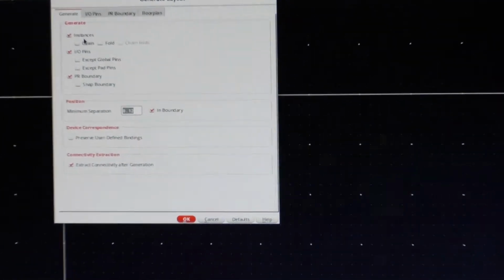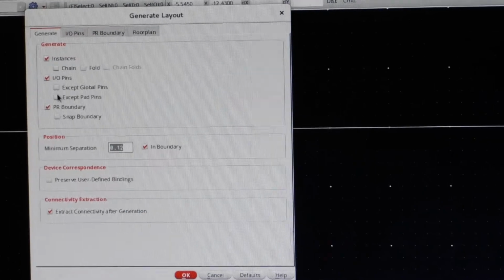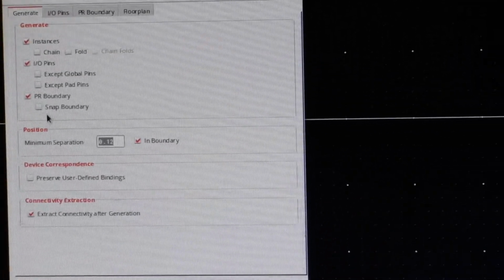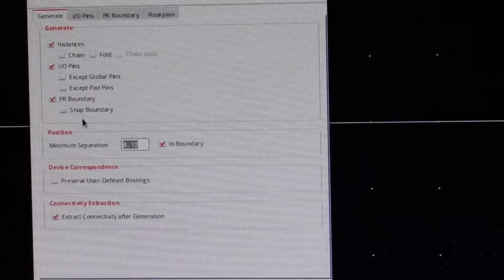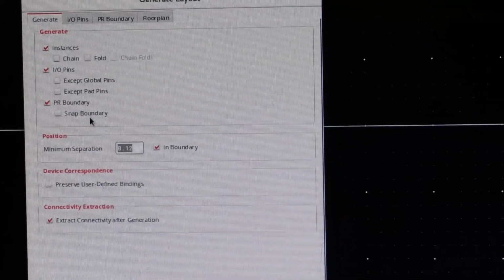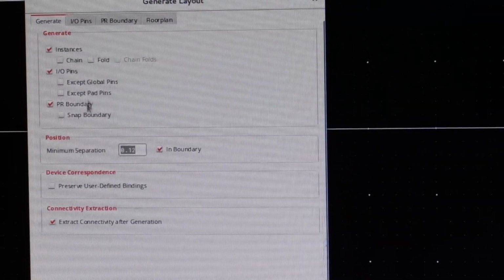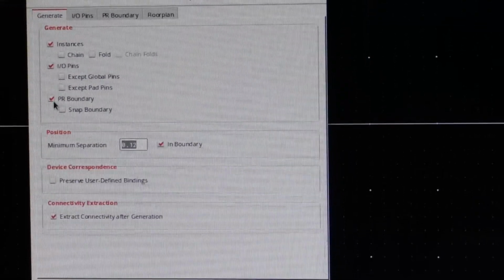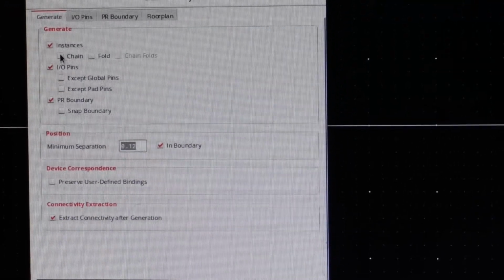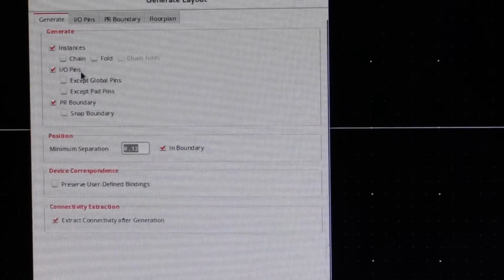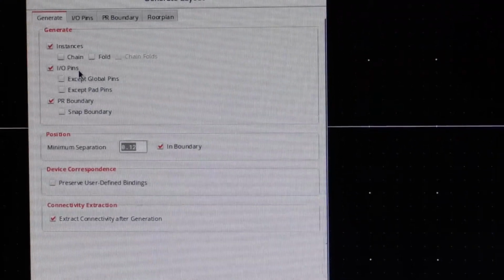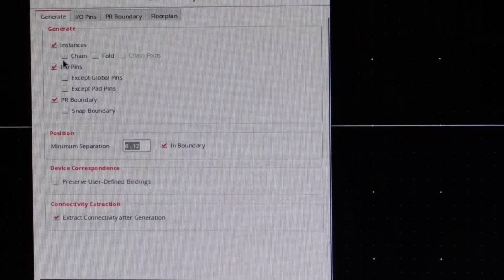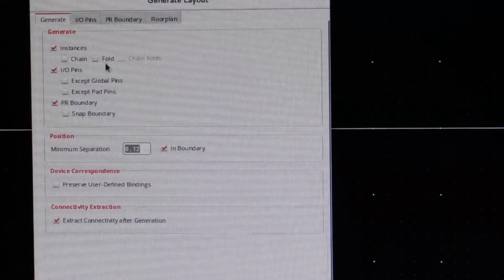The instances. If you want to develop the PR boundary, that means the optimized area inside which we are going to draw the circuit's layout, just click on this one, and all our instances. If you want to have the transistors with the common node, then you can choose this option, the chain and fold options.